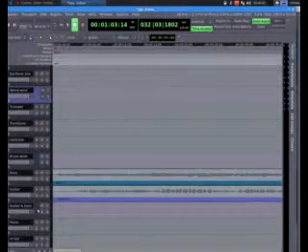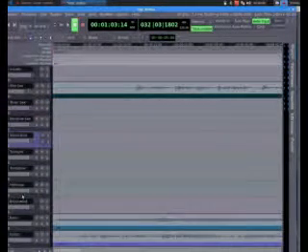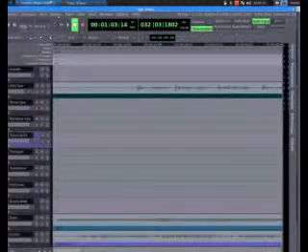You do the same with these instruments, and the same with the guitar and bass, or whatever you want. It's up to you to make the groups.